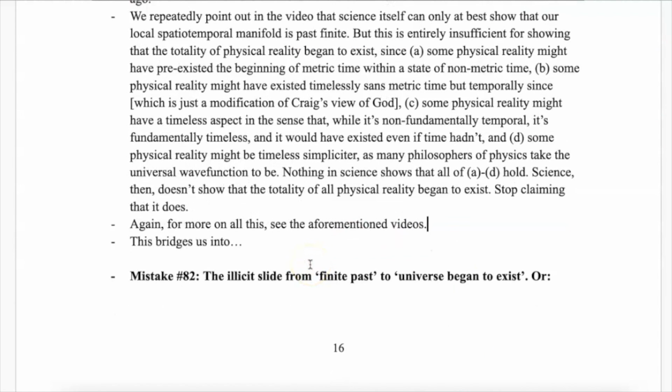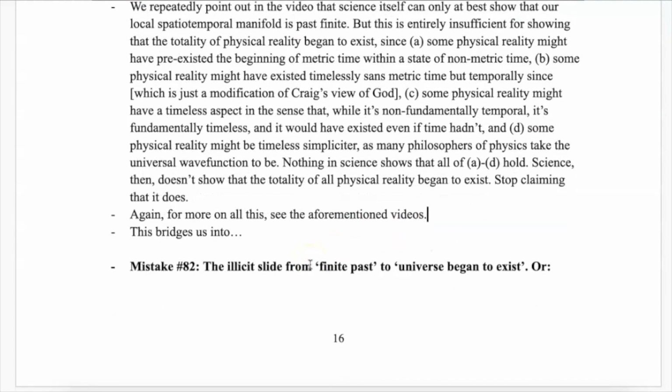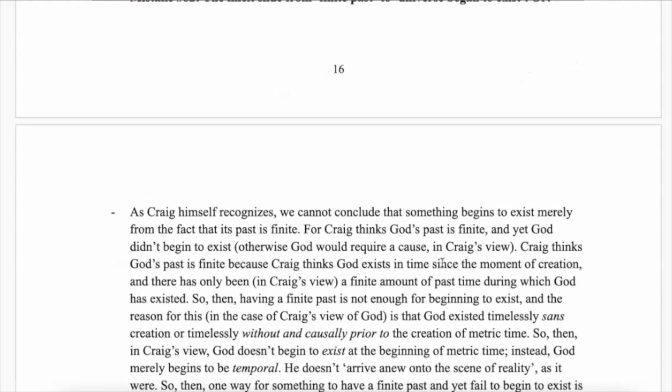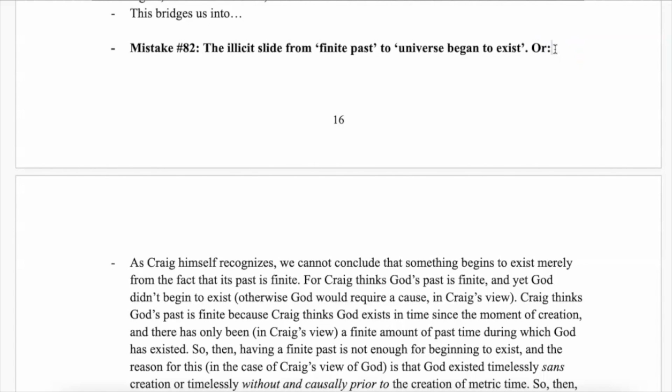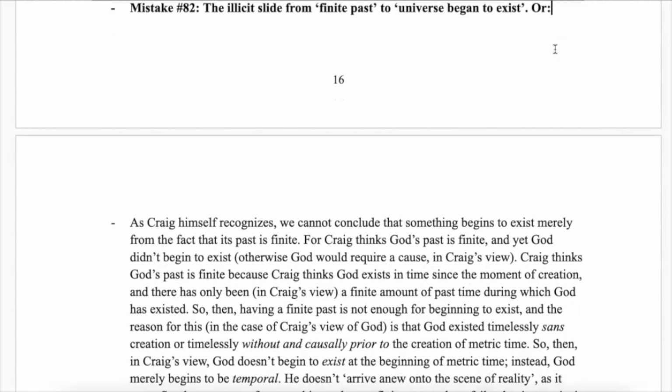And this, of course, bridges us very nicely into mistake number 82, which is the illicit slide from finite past to the universe began to exist. Or thinking that the past being finite implies that the universe began to exist. It does not, and you cannot infer that the universe began to exist merely from the fact that the past is finite. As Craig himself recognizes, we cannot conclude that something begins to exist merely from the fact that its